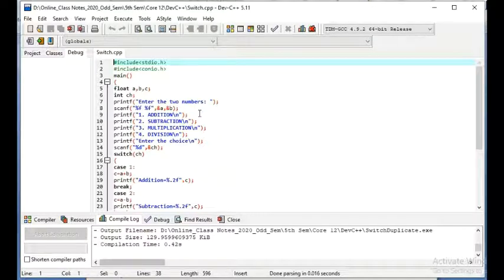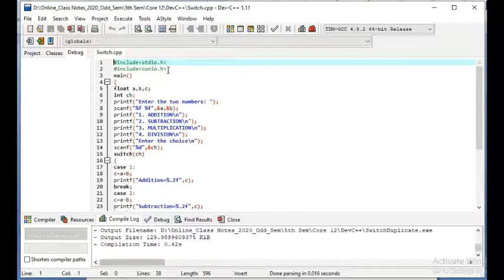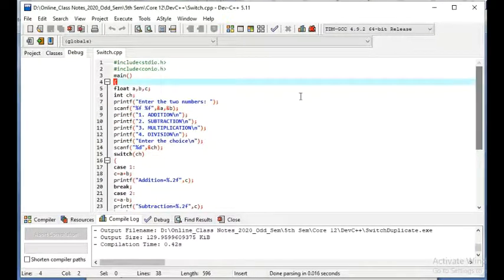So here again we'll start with #include standard input output header file. This is a library file. Again #include console input output header file. Then main. After this main we will write the main program starting with a curly bracket, and we'll end the program with another close curly bracket. Now first we'll define three variables, identifiers A, B, C as float, meaning real numbers. Say A, B, C are three real numbers.